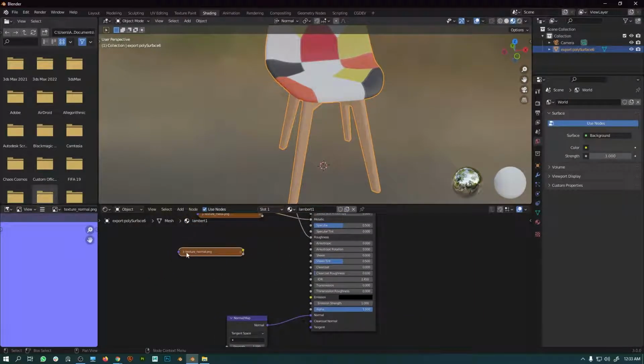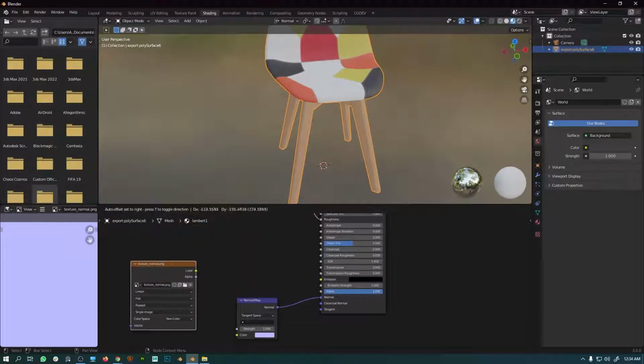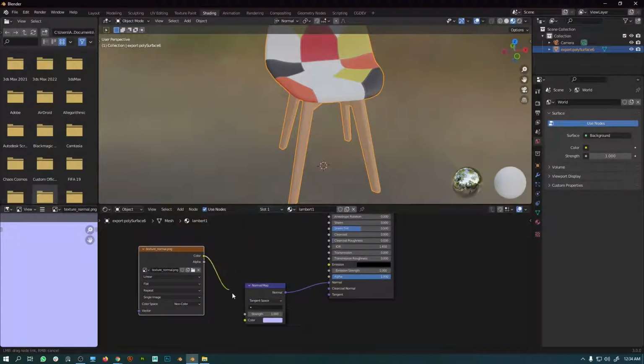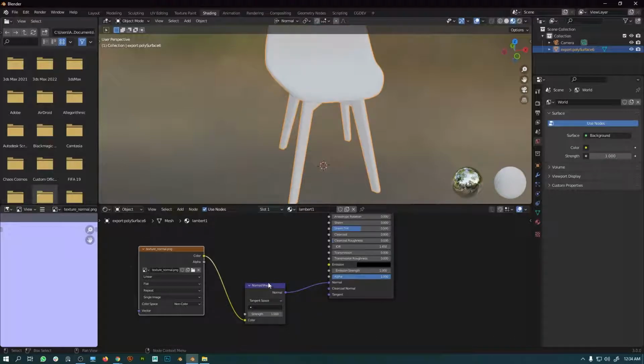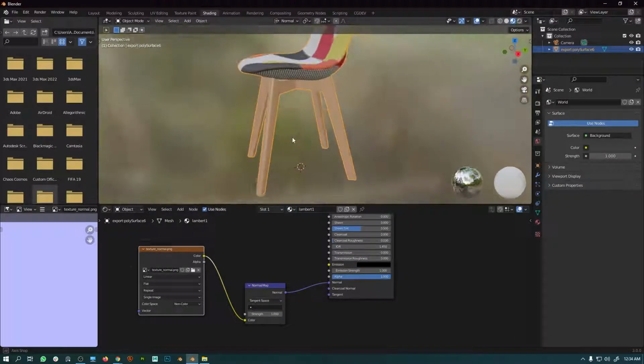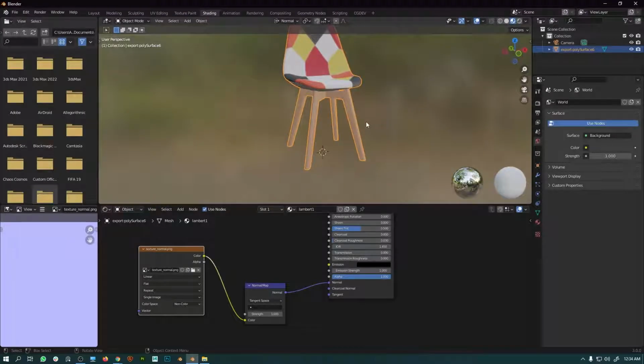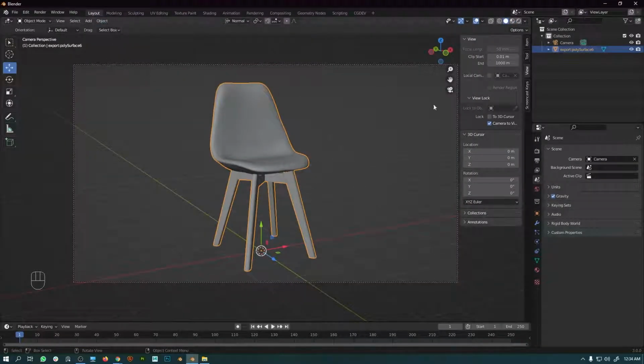For normal we are going to open this and go to the color space and say this is non-color. And the next thing I'm going to do is connect this to the color channel right here. Okay, perfect.